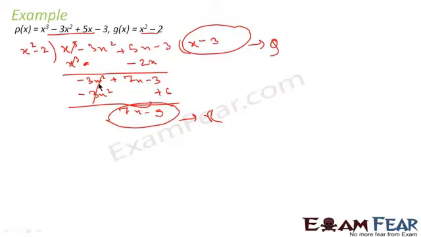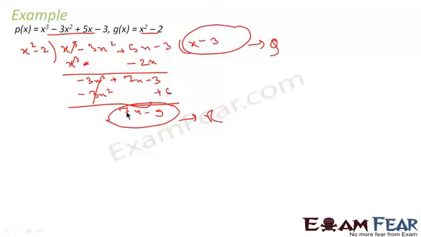And then I got these numbers. This is 3x square minus 3x square. To get minus 3x square, you have to multiply x square with minus 3. So I have multiplied with minus 3. So I got minus 3x square plus 6, because minus 3 into minus 2 is plus 6. Cancel this. I got 7x minus 3 minus 6, that's a minus 9, and that's the remainder 5, because I